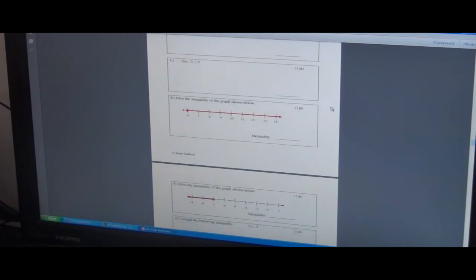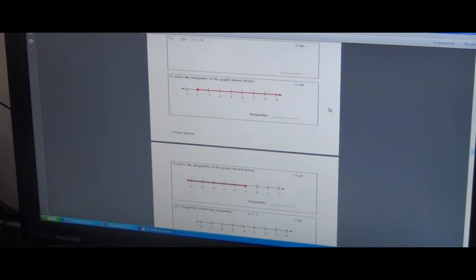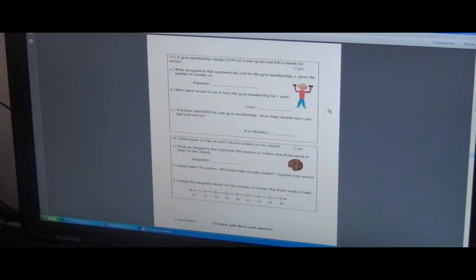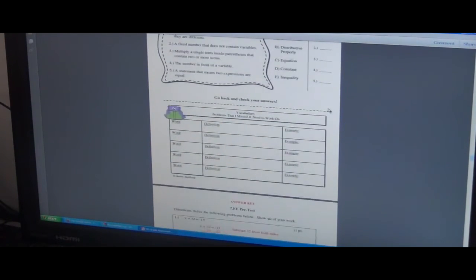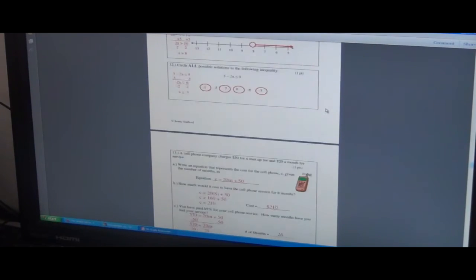Here you're going to see my test for expressions and equations, the pre-test, post-test, vocabulary quiz, and then the answer keys for the pre-test, the post-test,